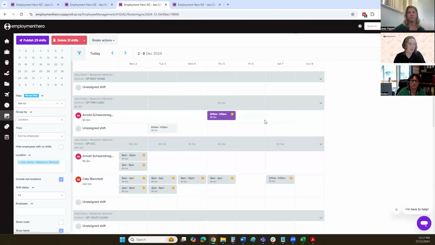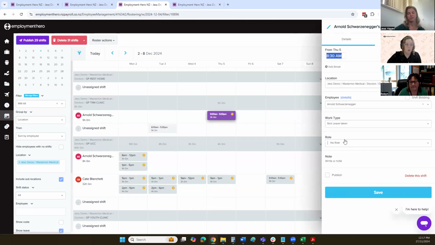Now, it depends on your pay frequency and what your deadlines will be, because sometimes employees aren't going to just go and submit their sick leave request, but managers can do it on their behalf in HR as well. So managers, admins, or the employee can do it. You might want to make the employee do it as a first point of call, but then have some disaster recovery processes in place just in case. But you can see if I was to mark that as a sick leave work type here,